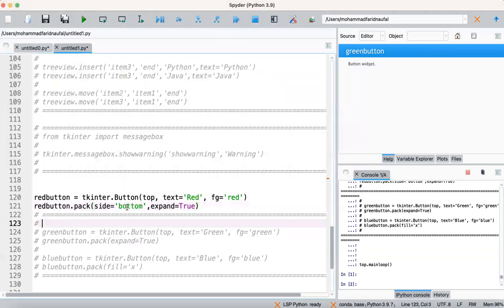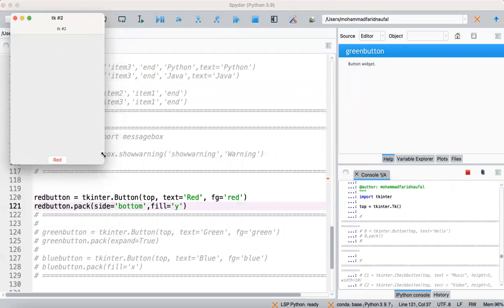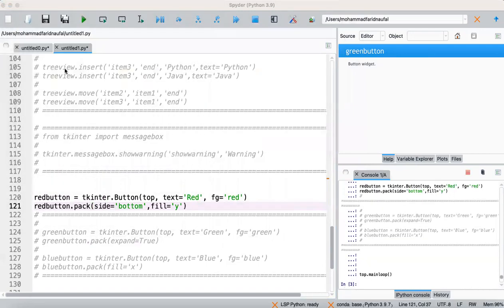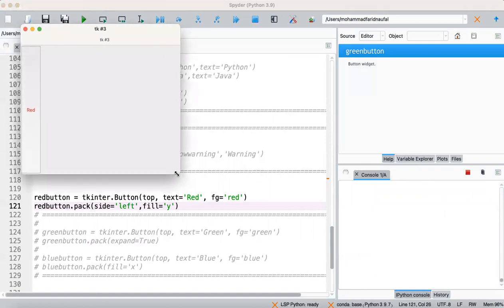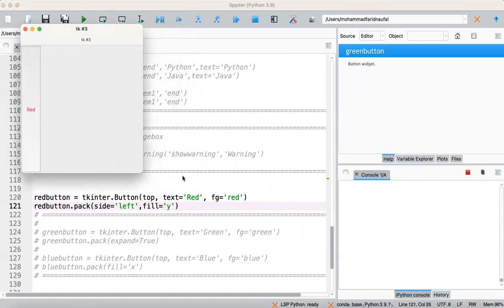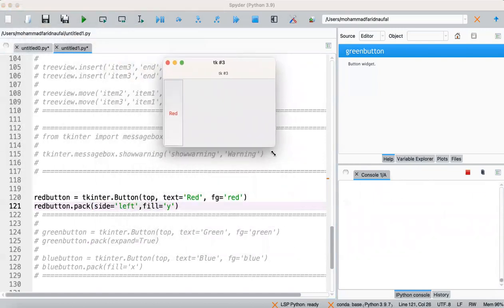But if we change the fill argument into Y, it will fill vertically.